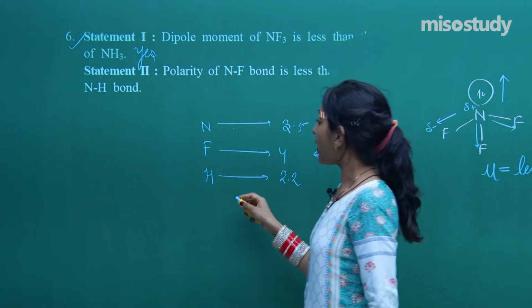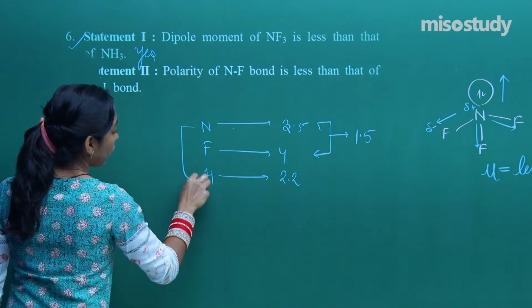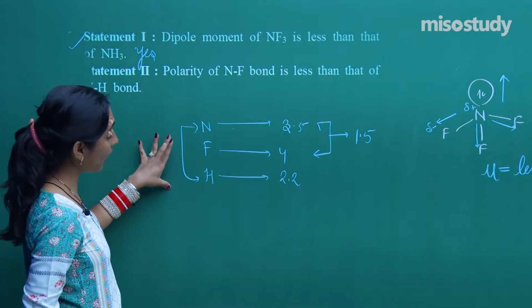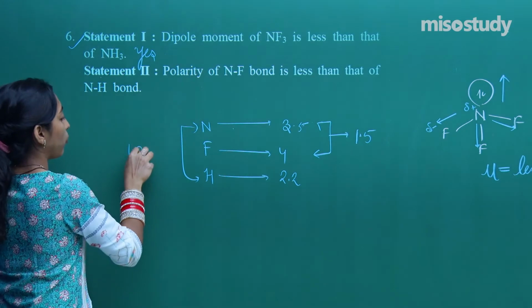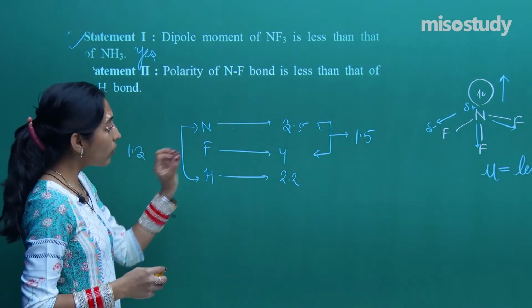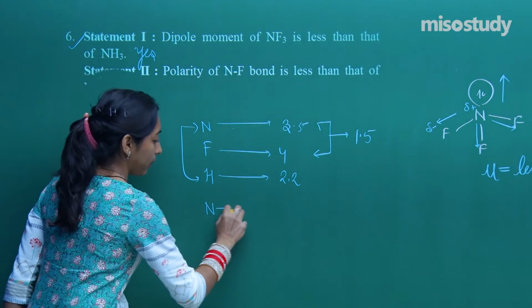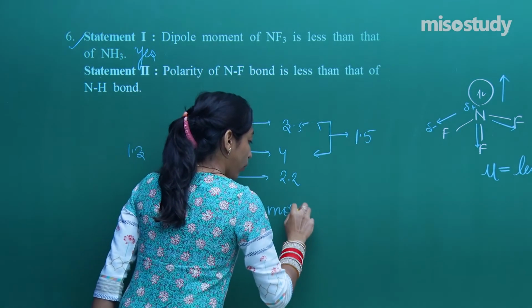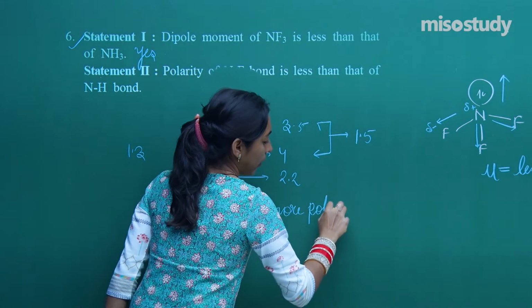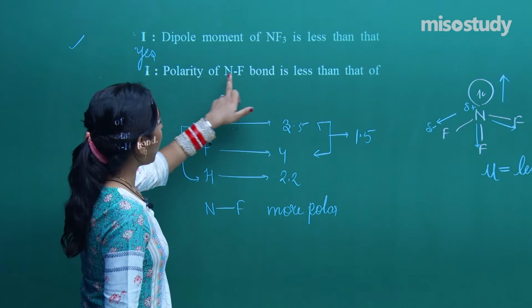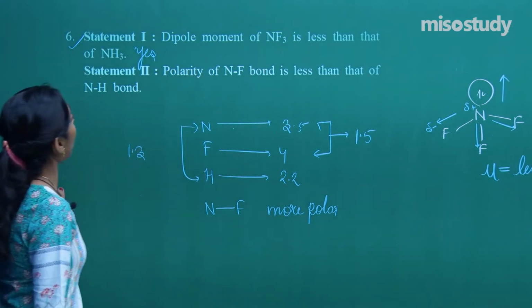But if I ask you to figure out the difference in electronegativity of N and H, you will get 1.3. So with simple values also you will get that the NF bond will be more polar compared to the NH bond. So the polarity of the NF bond is less than that of the NH bond